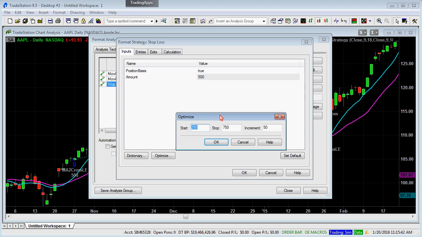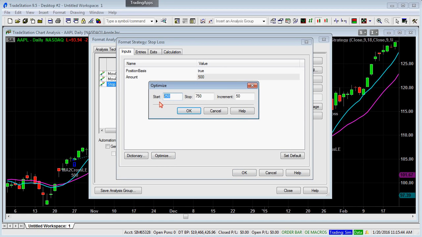I'm going to click on Optimize, and I'm going to tell TradeStation to test from $25 all the way to $1,000 in increments of 25. Very straightforward, very simple test. It's going to test $25, then it's going to test 50, then 75, all the way to 1,000. And out of all these different scenarios, it's going to tell me which value would have given you the best